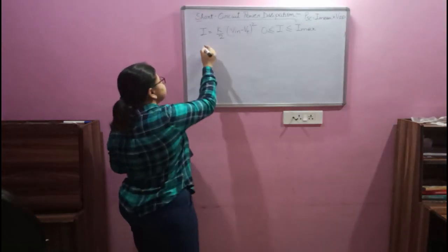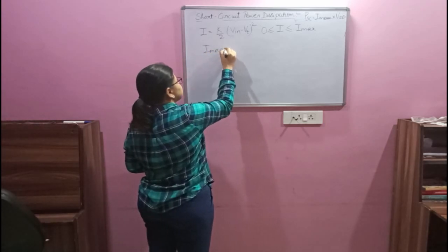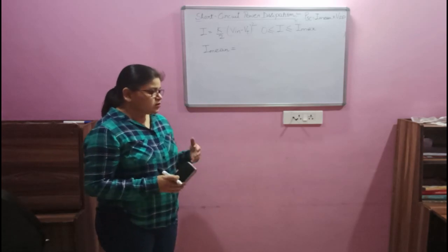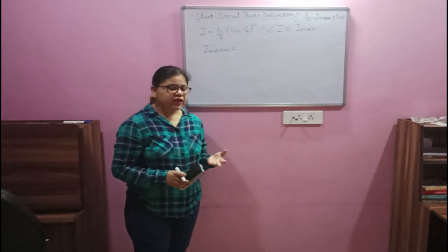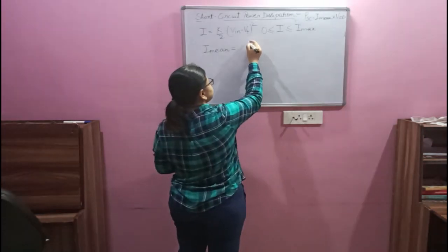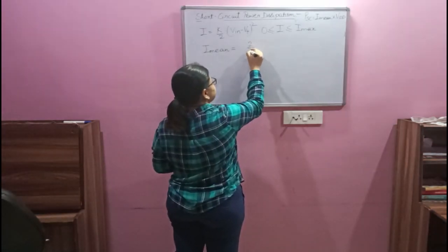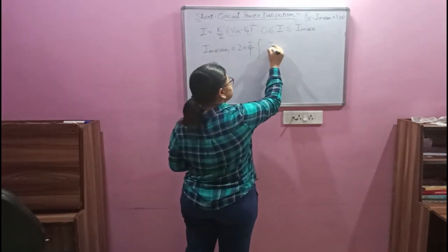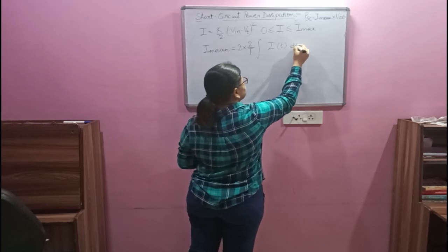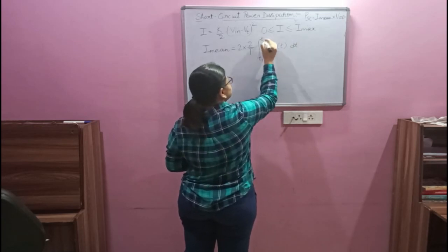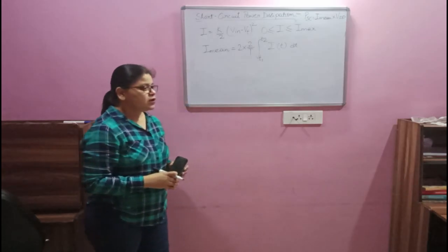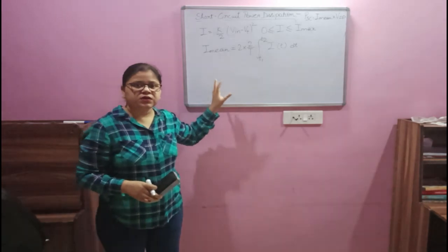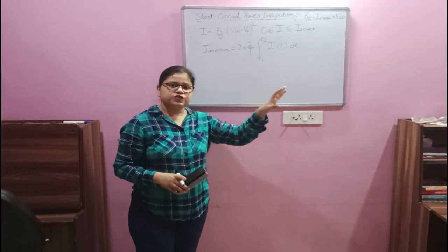Now if I have to write the mean current, I mean is a current which can be written as 2 by T integration of I of t. This is how we can represent the mean current. Why am I taking twice? Because one is towards the rise and the other towards the fall.